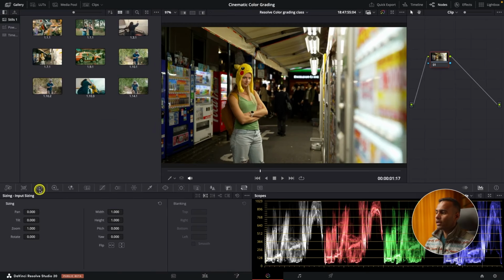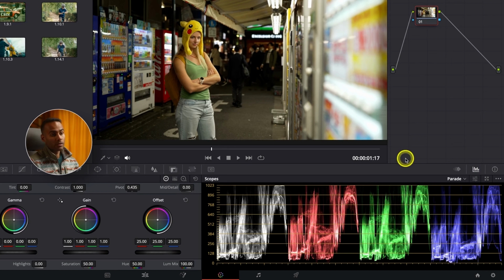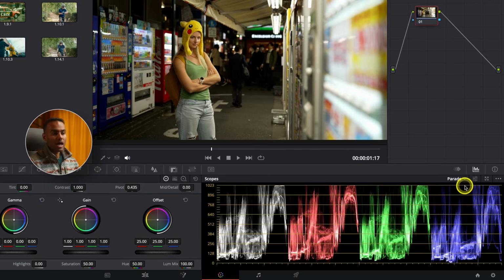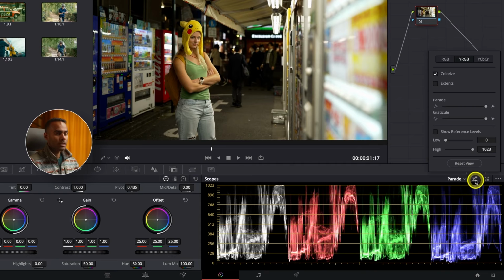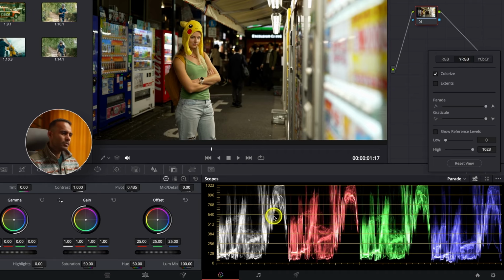If your color grading page doesn't look like this, then you should go on the right hand side and check the parade here. If you go to this arrow, you check the parade. You might have waveform, you might have vector scope. I would keep it to parade. And if you just have red, green, and blue, you can go to this settings panel and then choose YRGB. You can also do RGB, but I choose YRGB because